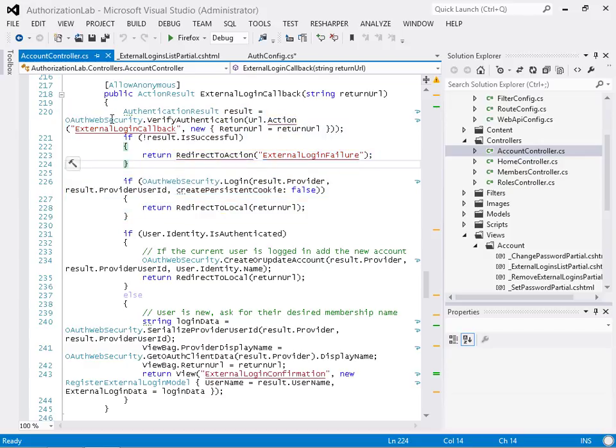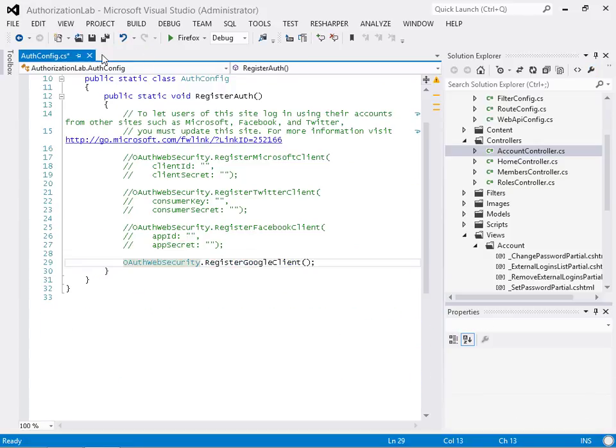This basically says I'm going to authenticate you against the URL that Google has given to me, and if the result is not successful, I'm going to send you the failure. If it is successful, then I'm going to send you back to where you came from. So this is a snippet of code you can just carry around with you, and it works for a lot of authentication scenarios. Now if I come back to this auth config, you'll notice that I have several different things